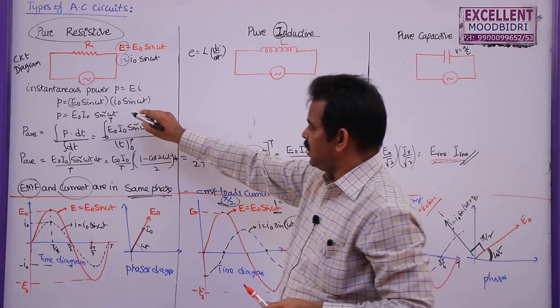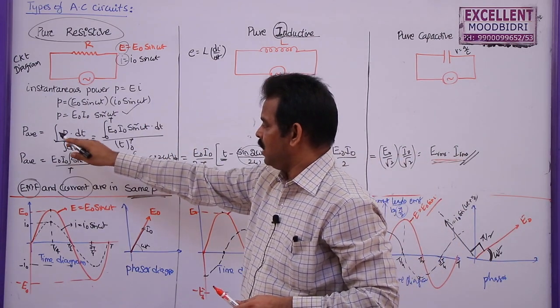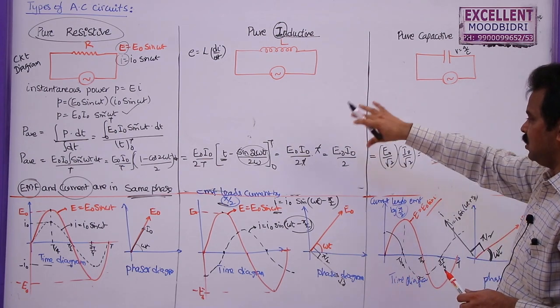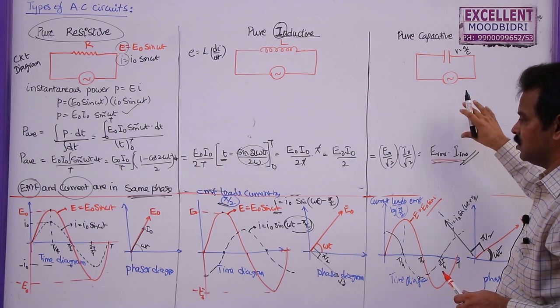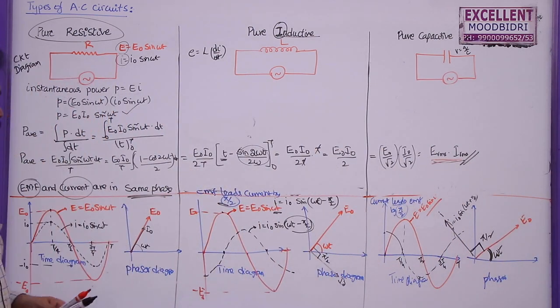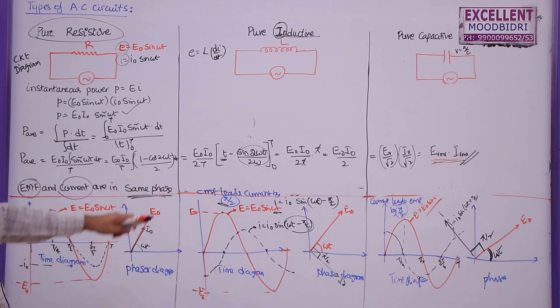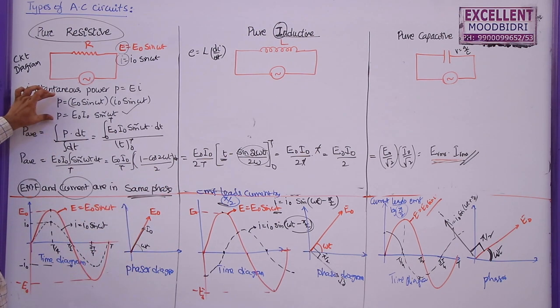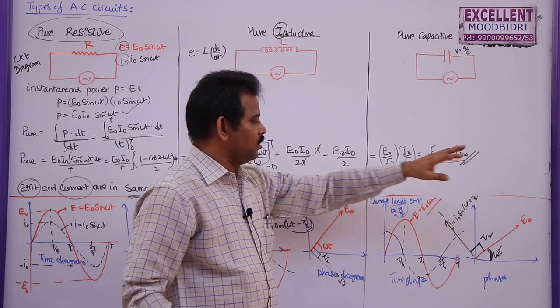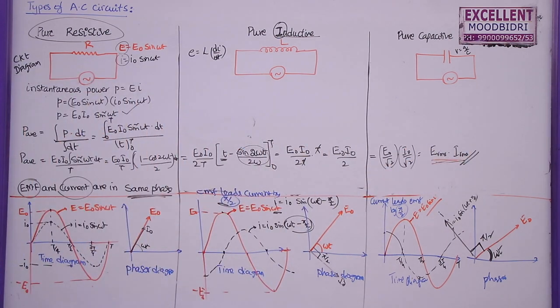This is how we can find the instantaneous power first, then average power. And here also we are going to use the same expression and the same derivation to find out the average power. So in this case, what I am going to write? I am going to erase every step here. I am going to write only the instantaneous power and the average power consumed per unit time or time period.